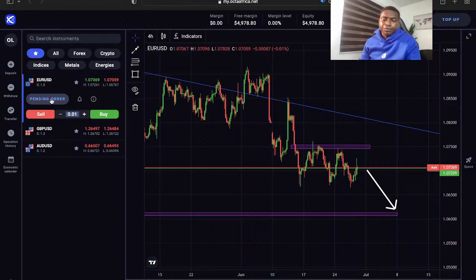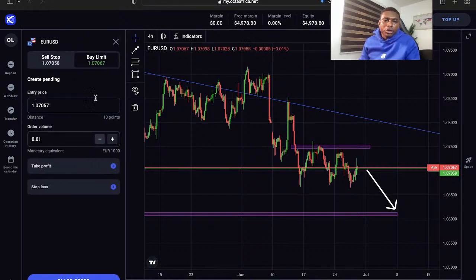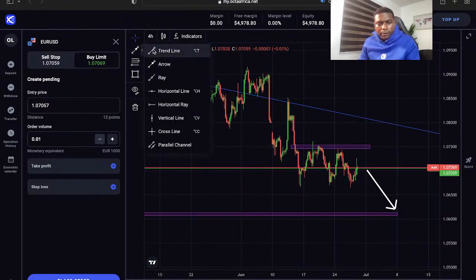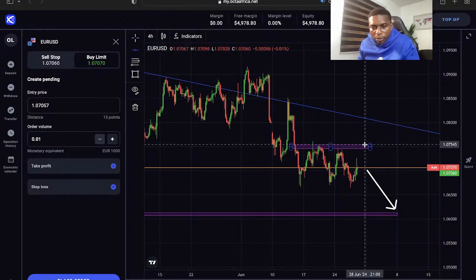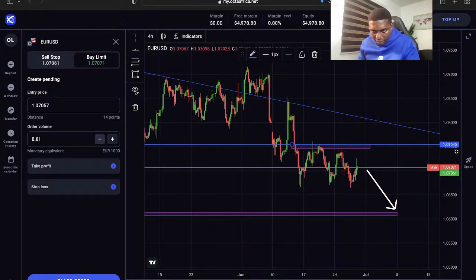And then here it gives you options. When you click on pending order, it brings up this section where you can decide to set either a sell stop or a buy limit. And you can set your take profit and your stop loss. So now let's see which of these regions we are looking at to set our stop loss. I'm looking at setting stop loss here at